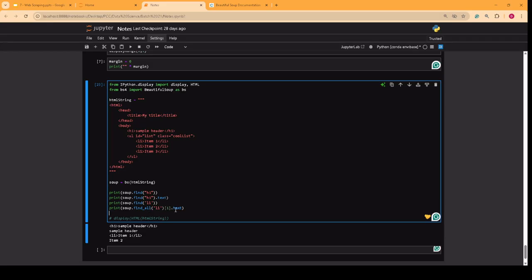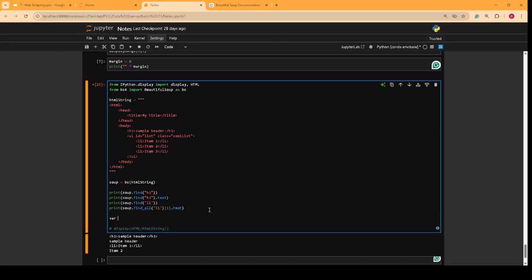Now, you don't have to actually chain them like this if it gets confusing for you. You can assign them to variables. Let's say you assign this whole thing to a variable, var1, equal to this. You know that it becomes a list, and then you say var1 index 1 and then dot text. It's basically just the same thing. If you print this one now,